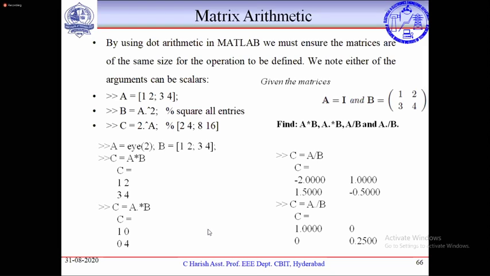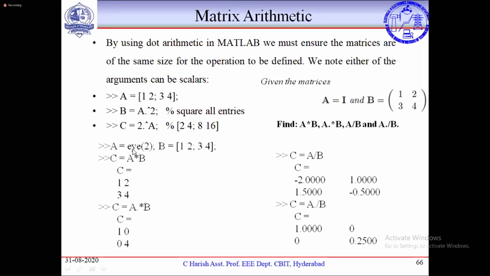But if you don't know it, in the examination MATLAB software is not going to provide it to you. So you have to guess the answer and write it. Only if you know the operation can you write it. You know the A into B operation. What are the commands you have to apply? What will be the answer? That will be the question. Okay. So A dot into B.